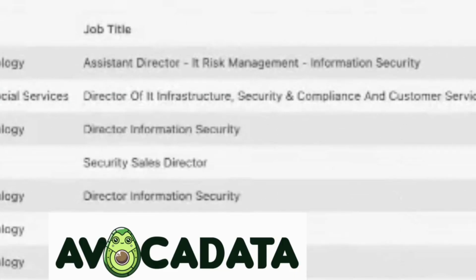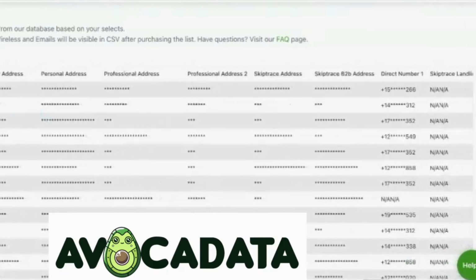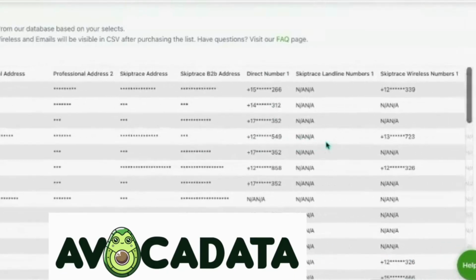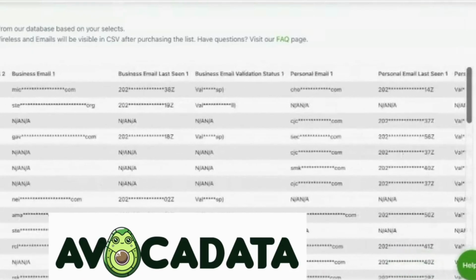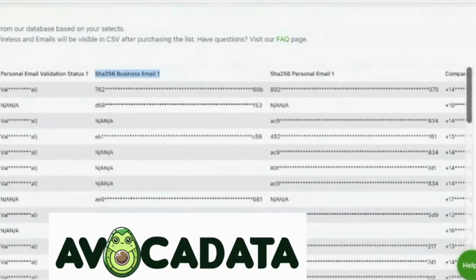He did have director in his job title, but because we did it there, we pulled more records. And if we keep going, we get to the contact info. When you save it and download the file, it shows you all the info. It's blacked out here so people can't scrape the system. And you get the emails, you get the cookie that they use to visit that basically tracks them where they